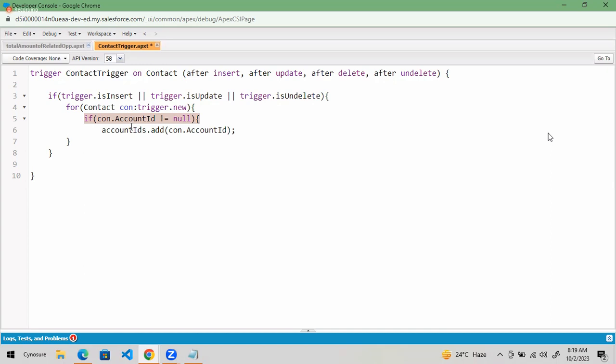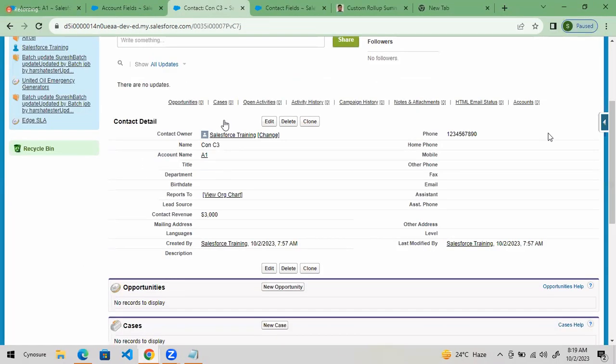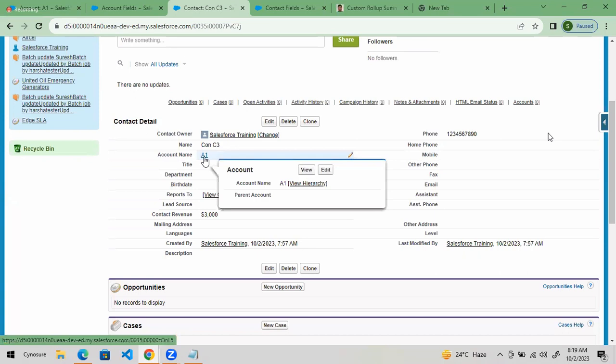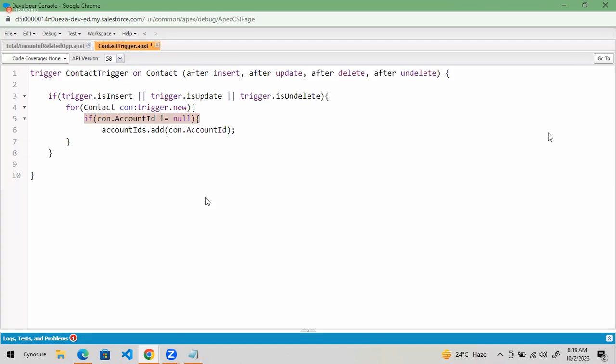On the contact there is a field which is linking to account. So if you see here on the contact there is a field which is linking to account. So if this field is blank, if this field is empty, then I am not interested in those contacts. So if I am inserting or updating 100 contacts, out of those 100 contacts, only for those contacts which are linked to account, only those things I am interested in. Okay, fine. So here what I am doing,